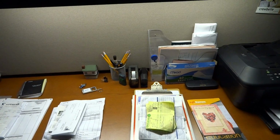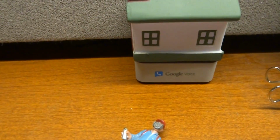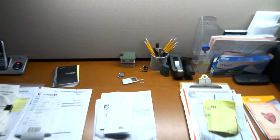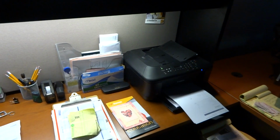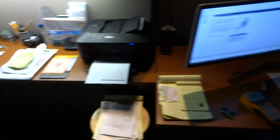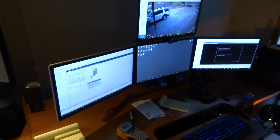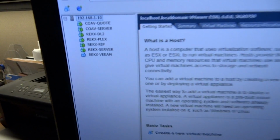Bunch of crap in my desk. Underneath Paul Brehren's Tinker Try deal there is an OB-High VoIP adapter, which I use occasionally. Got a Canon printer there. So I'm doing 4 monitors on the desktop. As you can see here, this is my main